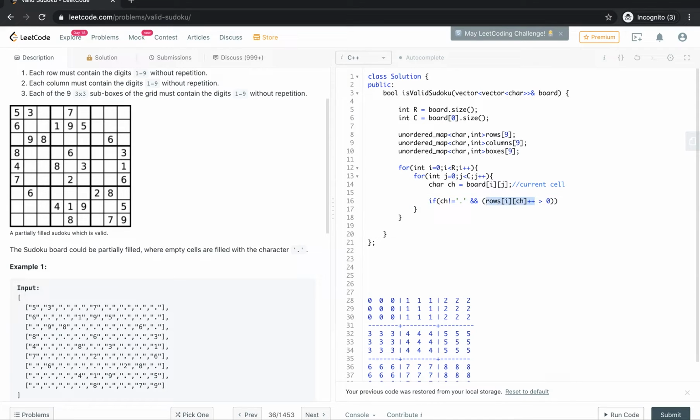So before incrementing the value, if it's already greater than 0, it means it has already repeated. For example, let's say 8 is there. So 8 for column 0 would have been initially 0. After that, we would have incremented it to 1. Then when we come to this cell and try to increment the value, before incrementing also the value is greater than 0, which means that it's already repeating. So if that's the case, or